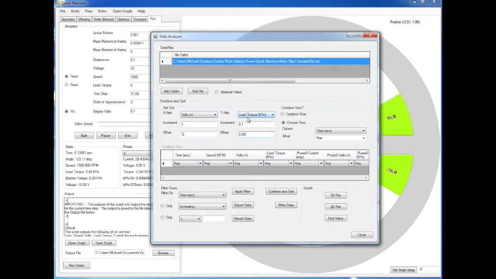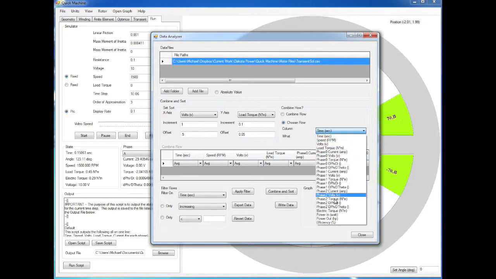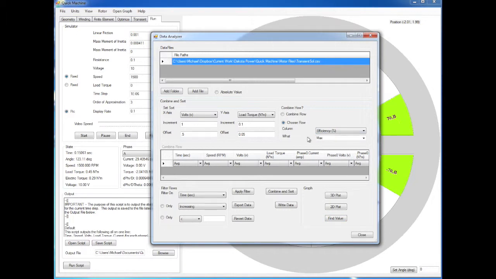And so there are 2 ways that you can actually combine them now. You can say I want to choose a specific row. So maybe I want to look at my efficiency, and I want to find the row that has my max efficiency, or my minimum, or the average efficiency. Or I can even say something like I want to find the efficiency that's closest to 75%. You can do that. Or you can come up here and say I want to combine the rows here,